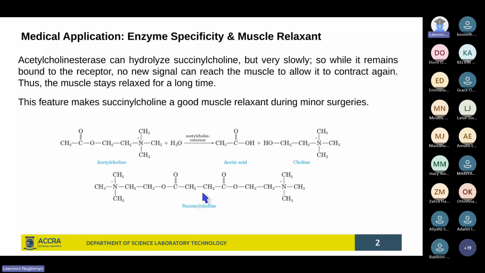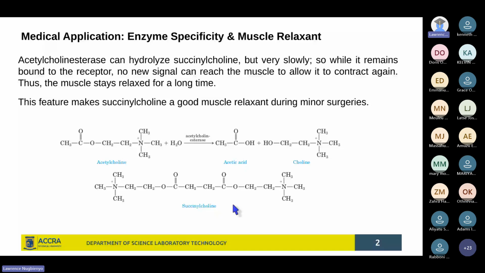And so it takes a much longer time for acetylcholine esterase to break down succinylcholine into acetic acid and choline so that it leaves the muscle cells to be ready for another signal for it to contract. So in that manner, succinylcholine is employed as a muscle relaxant used in minor surgeries in medical